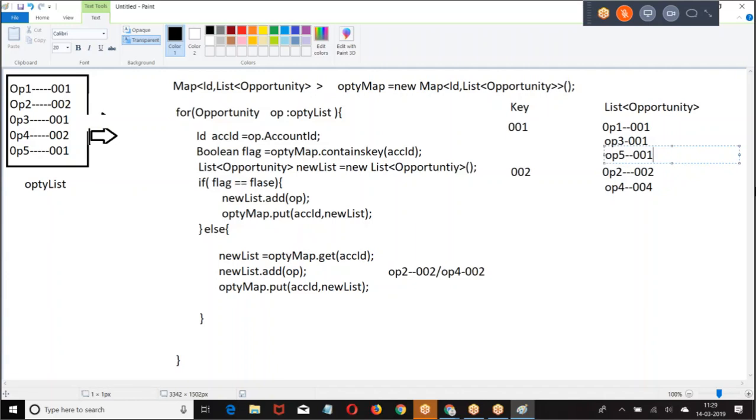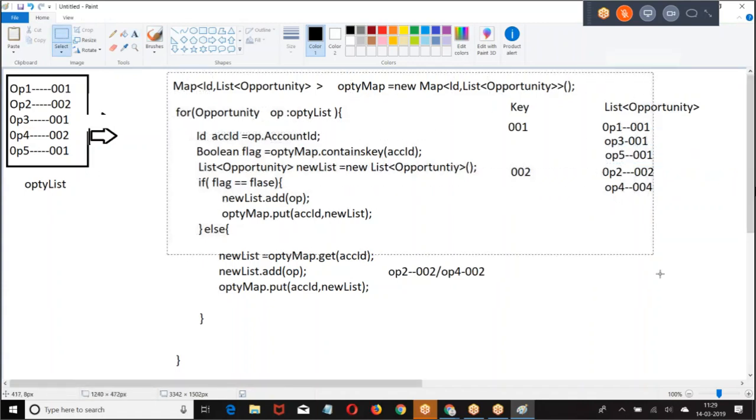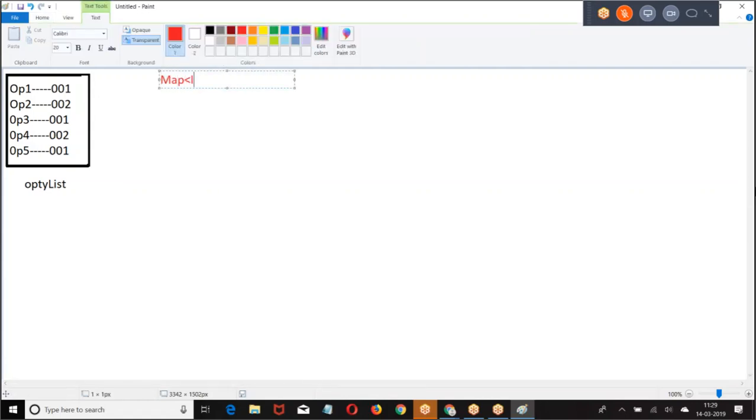I hope you are good. All right, let us do the logic again. This is also one of the frequently used business logic. Then, the first one I am giving is a map of ID.